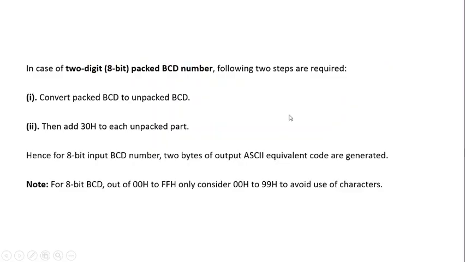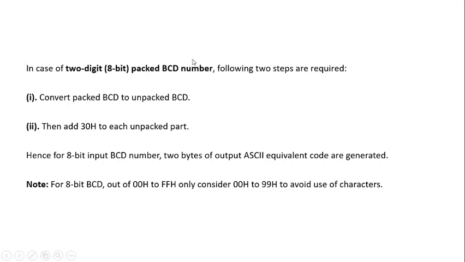Now but as in 8086 at one location we have 8-bit data, so we are dealing with 8-bit data, where each 4-bit will contribute to 1 digit, so 2-digit packed BCD number we are dealing with. It is not necessary that the high nibble is 0, so it is a packed BCD number. So we have to follow two steps. What we have to do, we have to unpack this BCD.